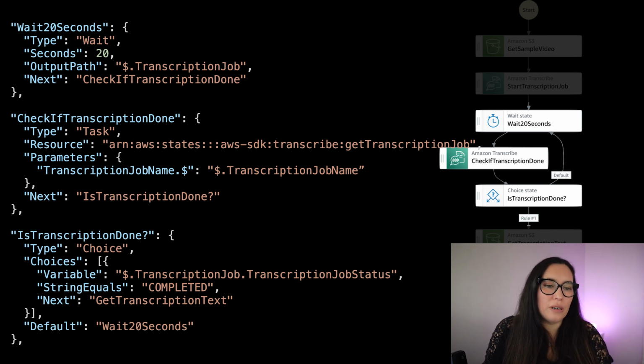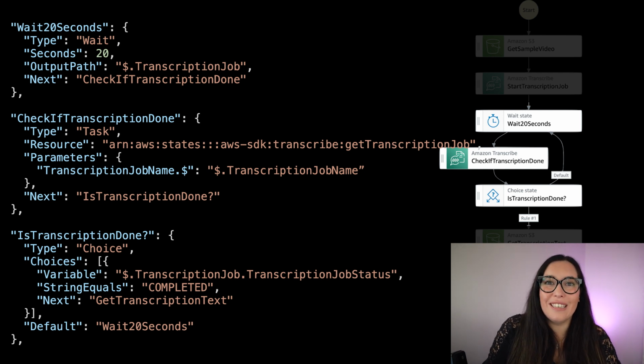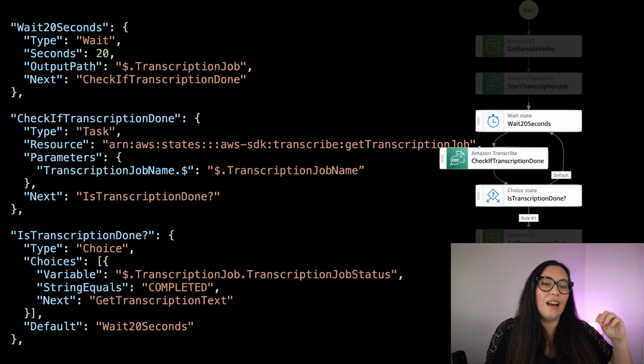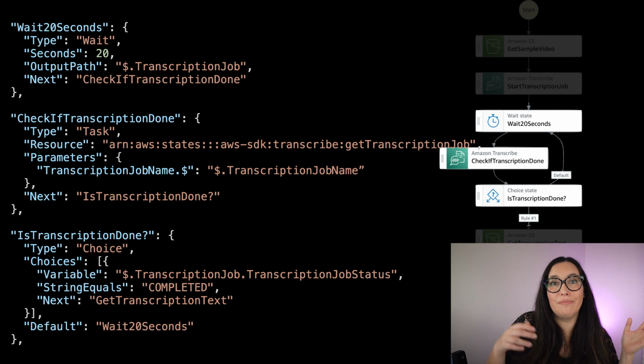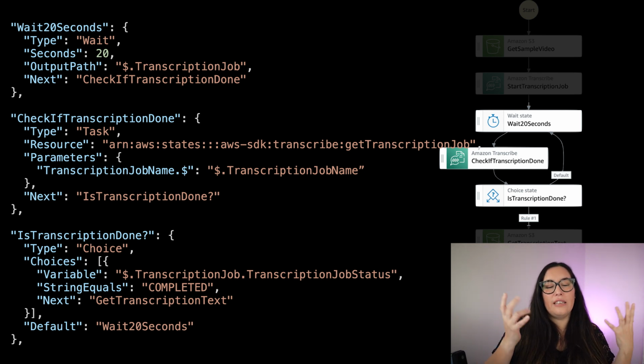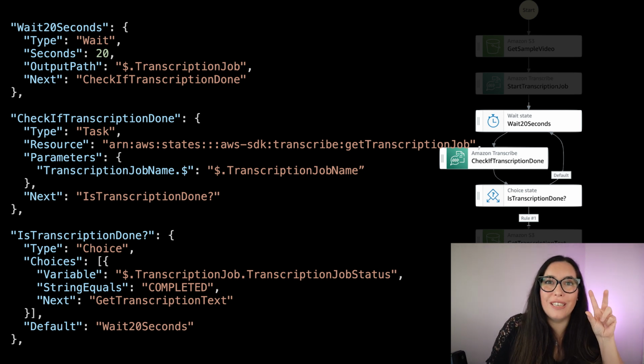So I'm passing it forward. And again, this check if transcription is done state is one of those states using the AWS SDK integration, and it's another task, and it's calling Transcribe and calling the get transcription job. And we have the parameters, that is basically the job name, and then it will tell us if the job is completed or not. And then comes the logic, that is the state that says,